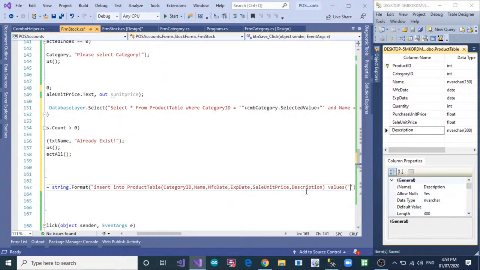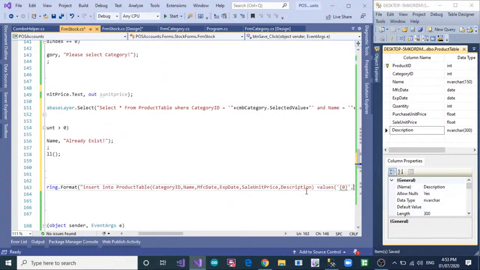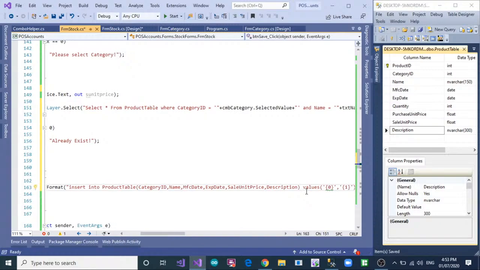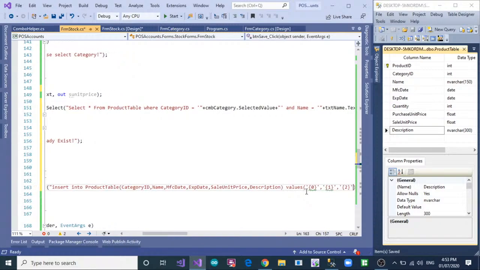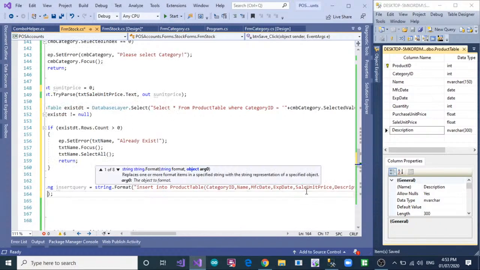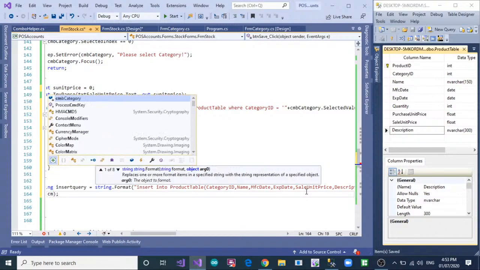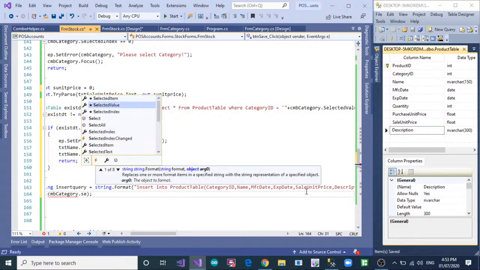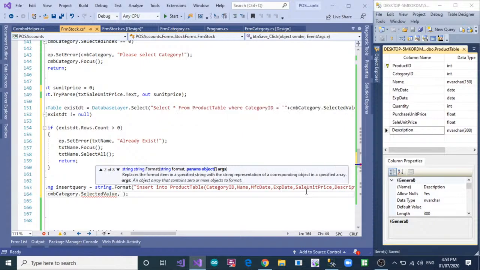So 0, 1, 2, 3, 4 and then 5. Okay, so comma, then CMB category dot selected value, and then txtName.Text.Trim, then